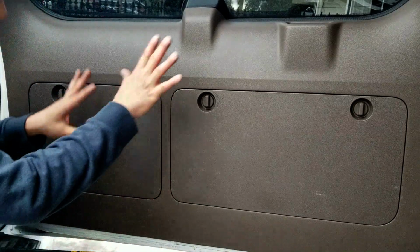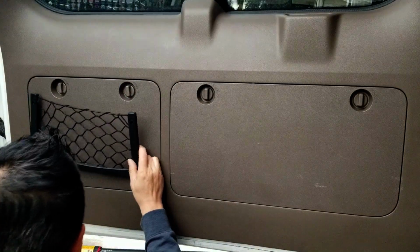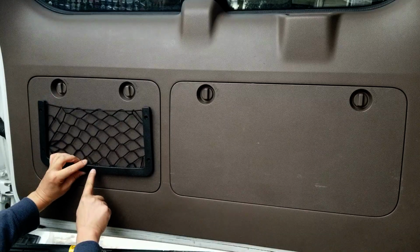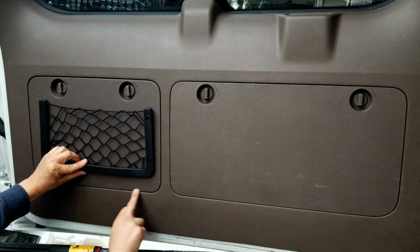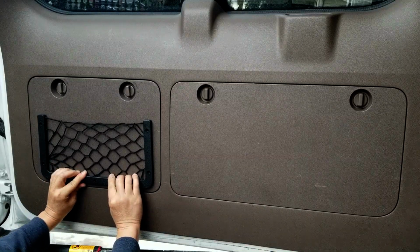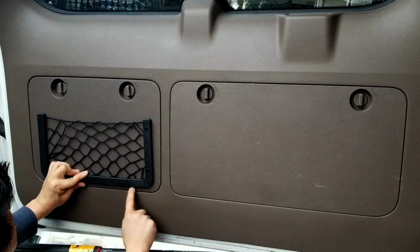I already marked out where I wanted to drill, and how I'm going to do that is my very first hole is always going to be my center hole, which is this bottom hole, right? The bottom hole is going to be between these two knobs, and I'm going to use this lower line right here as my point of reference. So when I drill, it's going to be centered, and I'm using at least one finger above, because at the